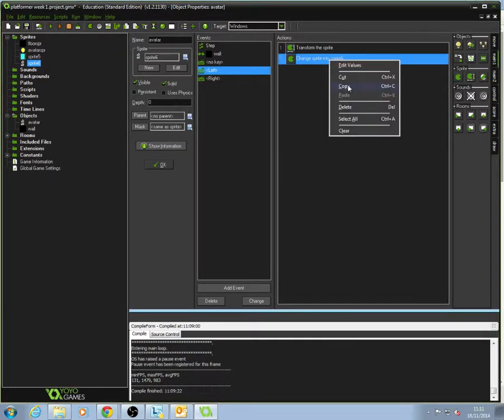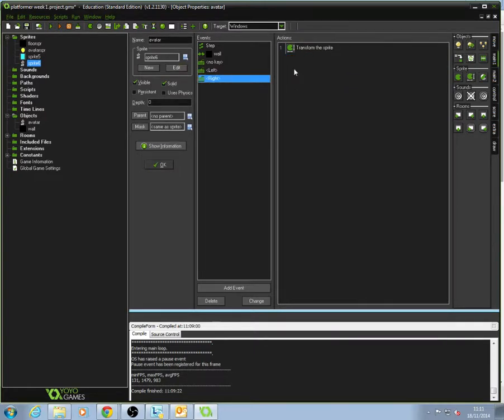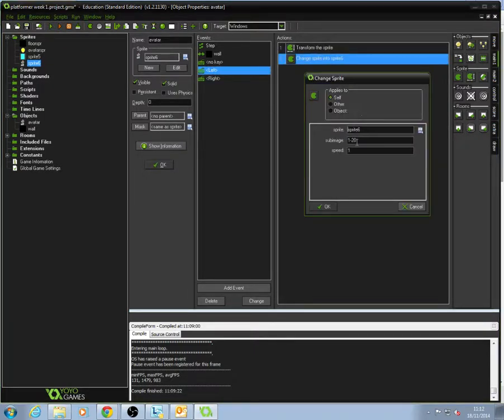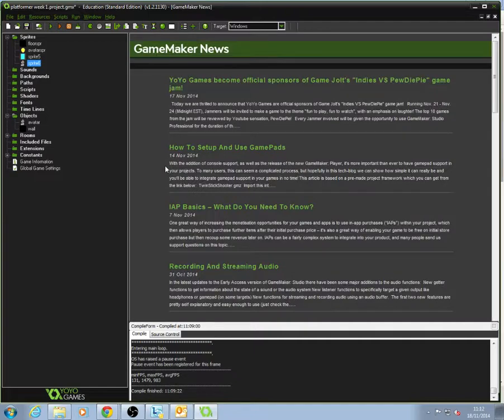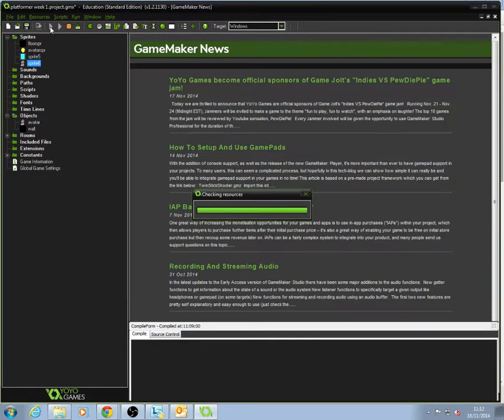Now I'm going to right click that and click copy, and I'm going to add that to my right keyboard event. So just to reiterate, what I've just done there with left and right is added the change sprite action to say that when we press the left key, we flip the sprite by transforming it to the left, and then we change the sprite so that it only shows sub-images 1 to 20 and plays them at a speed of 1. So if we tick OK and then preview our level now,